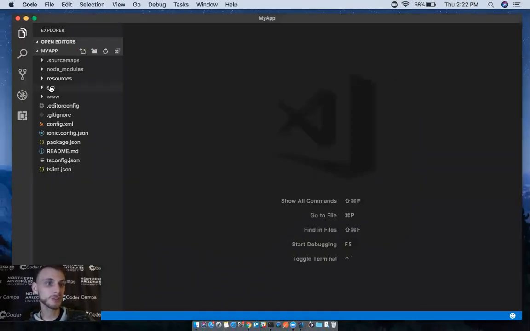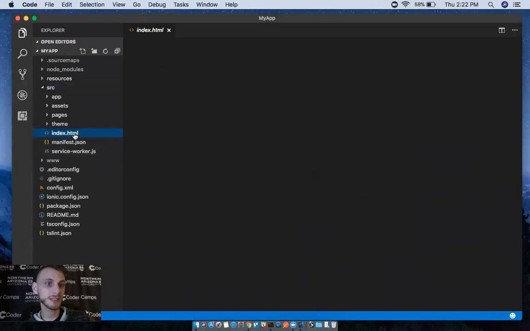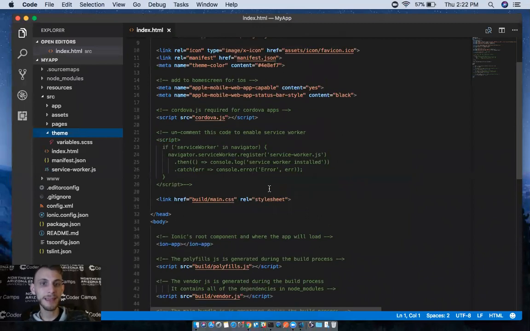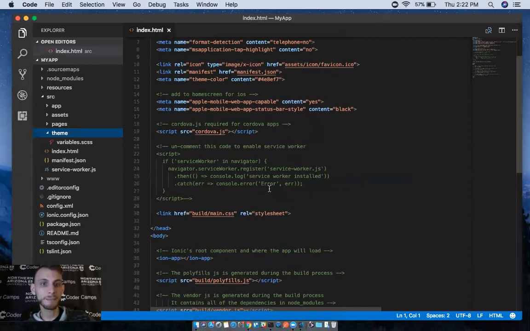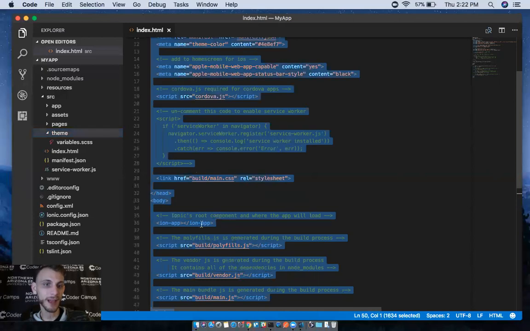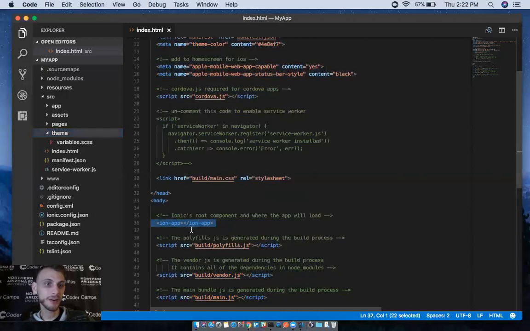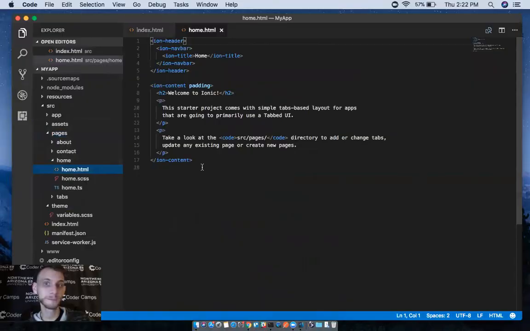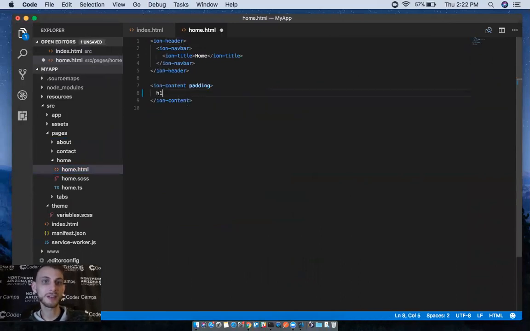We just need to go to the source. And then as we can see in the index.js, we have the main build, the Ion app here, and that's where our different pages are being served from. Okay, so let's just go to the home page, for example. We can see that the text here matches the text here. So if we wanted to change this up, we could simply erase everything back here, put an H1, and say hello world, just to see. So we save all,